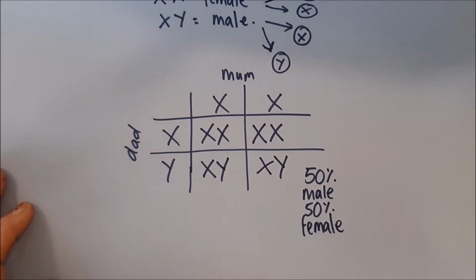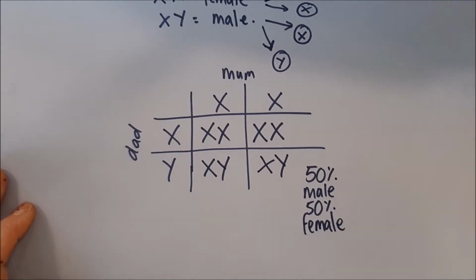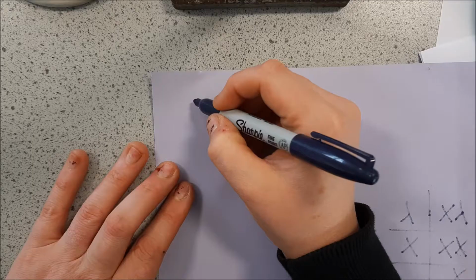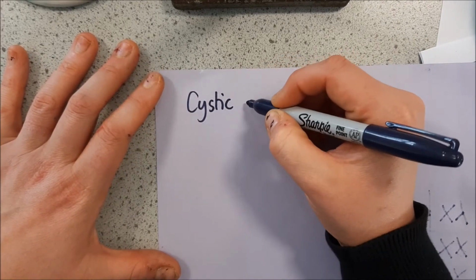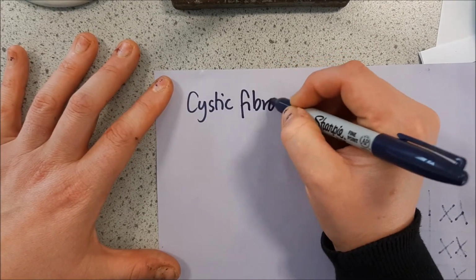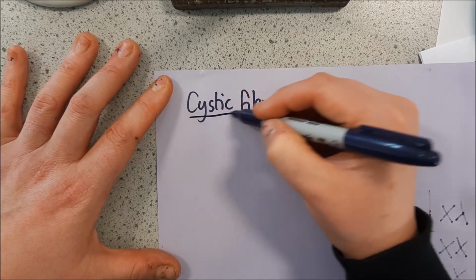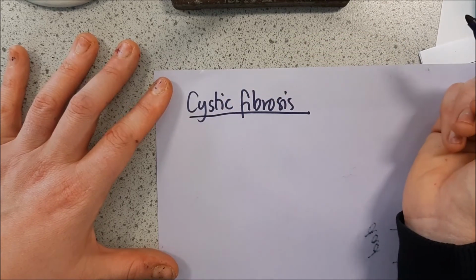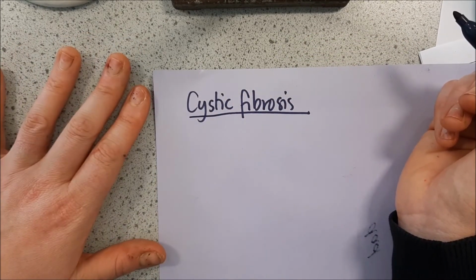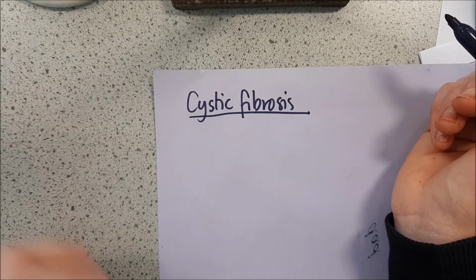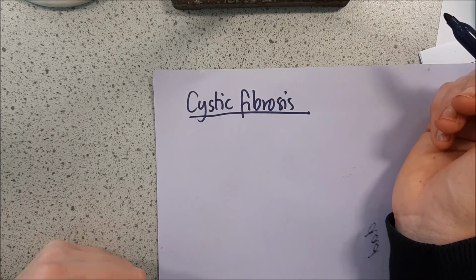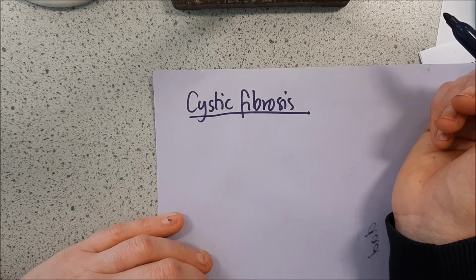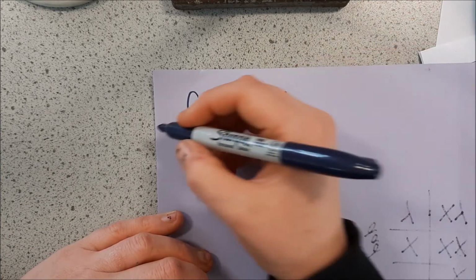So let's talk about dominant and recessive characteristics and how you get those. Talk about one of the required diseases that you need to know about, cystic fibrosis. Now, this is a disease of the lungs and of the soft membrane. So, for example, in the small intestine, where you get fibres built up, which means that absorbing nutrients is hard, you have shortness of breath. It shortens your life by quite a large majority, but it is what we call a recessive